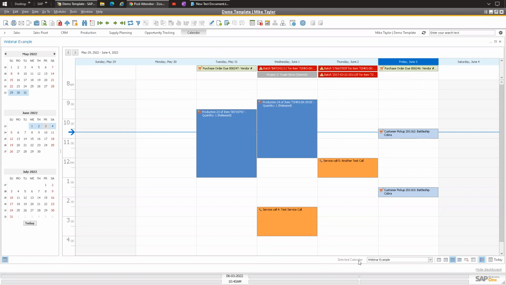So if we drill down into the different calendars, you have these different views. So I made one here called a webinar example, but you have all these other specific views. So by default, you could say my webinar example view includes these particular types of data. And we'll just drill into this calendar a little bit.